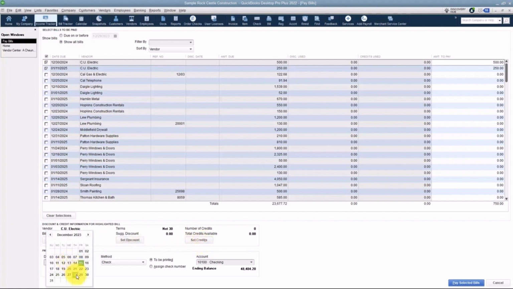Here's the date of your payment, the method of your payment. It can be check, credit card, or bank payment. Remember that if you're using a debit card or it's automatically drafted, just choose the check option. To be printed, you would use this option if you're going to actually put checks in your printer and print